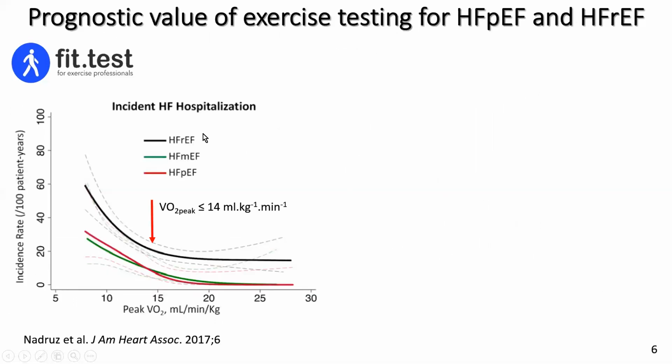Now, continuing on, this is incident hospitalisation for heart failure, and in black we have reduced ejection fraction, in red we have preserved ejection fraction, and in green we have mid-range ejection fraction. Now you'll see there's an inflection point where the flattish graphs turn upwards steeply when VO2 peak goes under that magic number of 14 mil per kilogram per minute. So when it goes under 14, the incidence of hospitalisation goes up a lot,